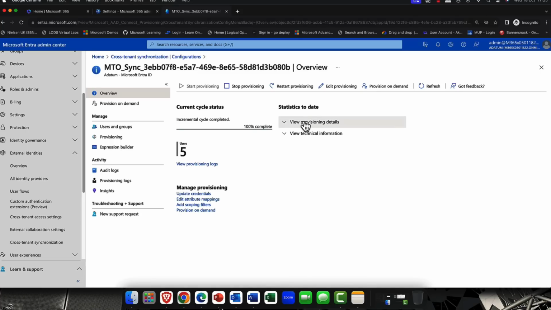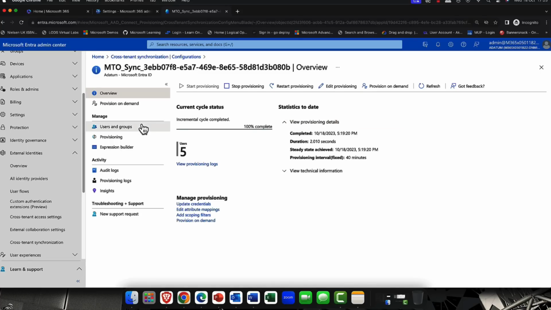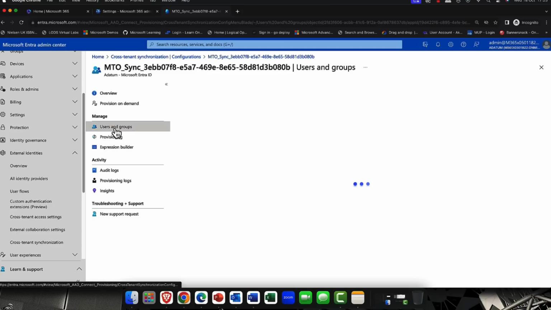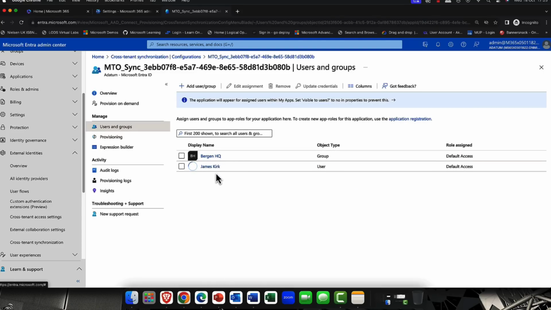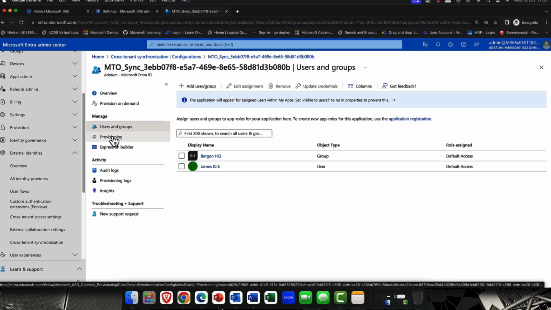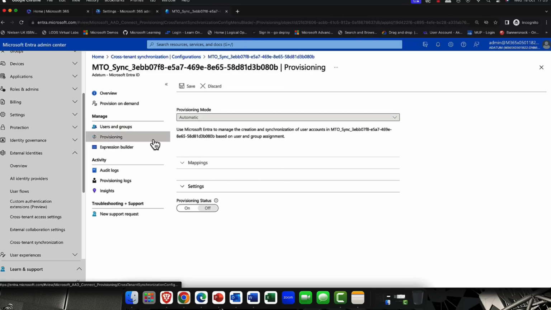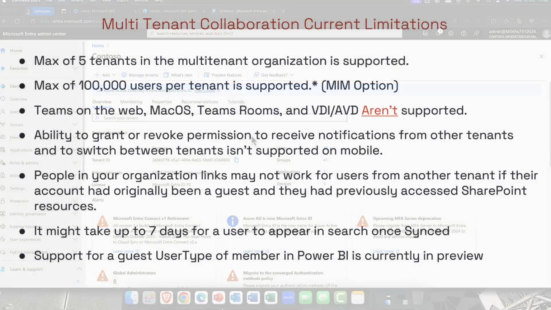So 5 objects. And you can see I could have done exactly the same thing here. Yes, I could have added in users. I could have shared users in or groups here. And again, the good thing that you do have here is things like the audit logs and provisioning logs. So again, really super cool feature.